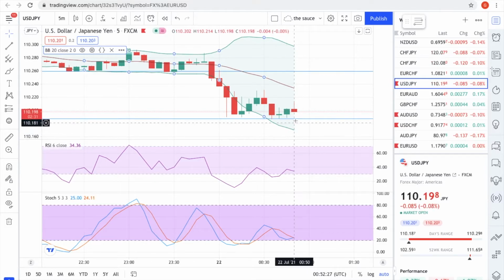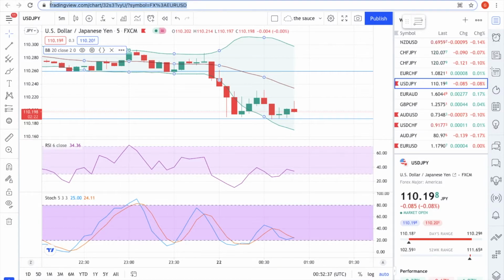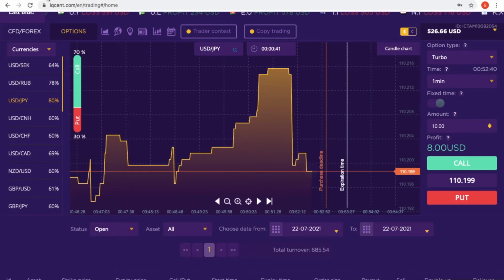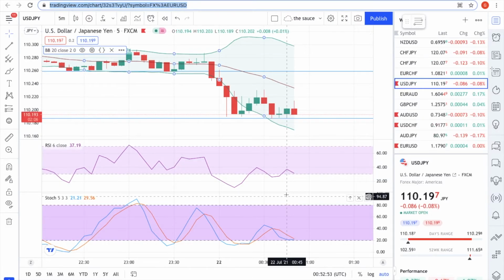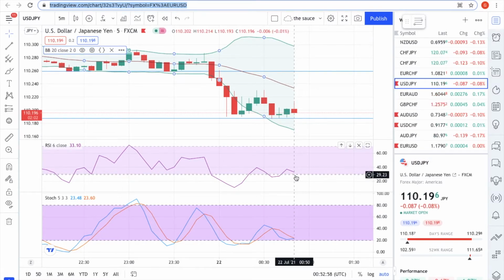USD JPY, the candle is closing. If it comes back down to here, 190, we can take it. As I said, guys, I'm pretty much done trading for the day. I have no reason to take this trade, but I wanted to show you guys how I trade. If it's 190, I'll take it for a buy. It's setting up real nice. You see, it's coming down to that area where I'm saying that, if it's oversold,